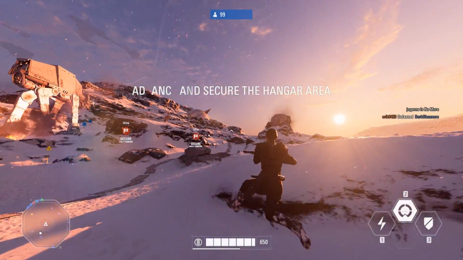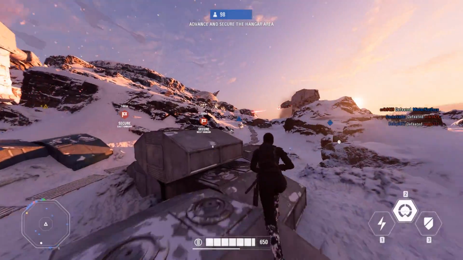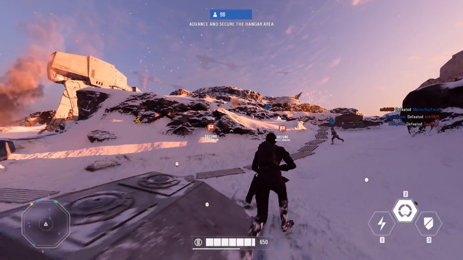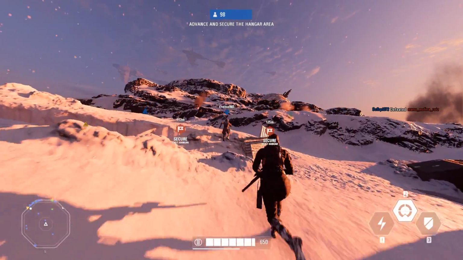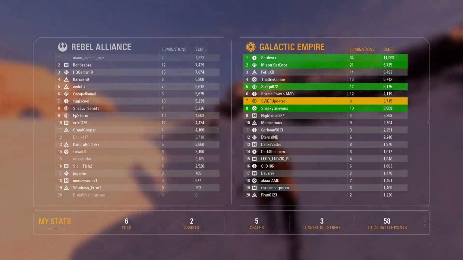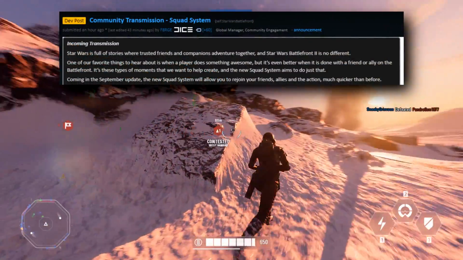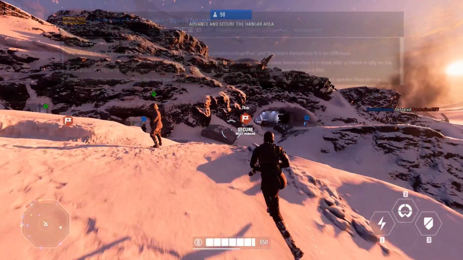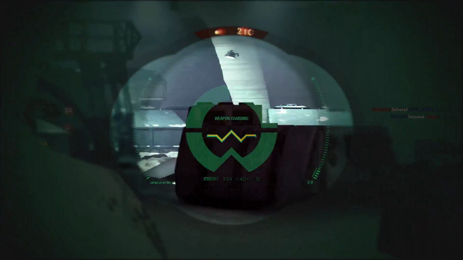As I talked about in a previous video today, the community transmission regarding the squad system did arrive tonight, and it does contain quite a lot of details, because it goes into specifics on exactly how the new squad system will work, including some other details from Ben on Twitter regarding other community transmissions and features coming to the game. If we start off with the actual community transmission, he does start off with a glossary that brings up